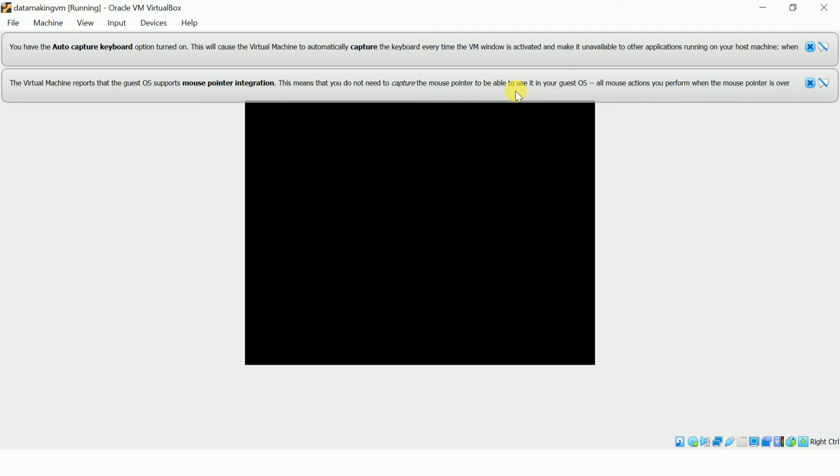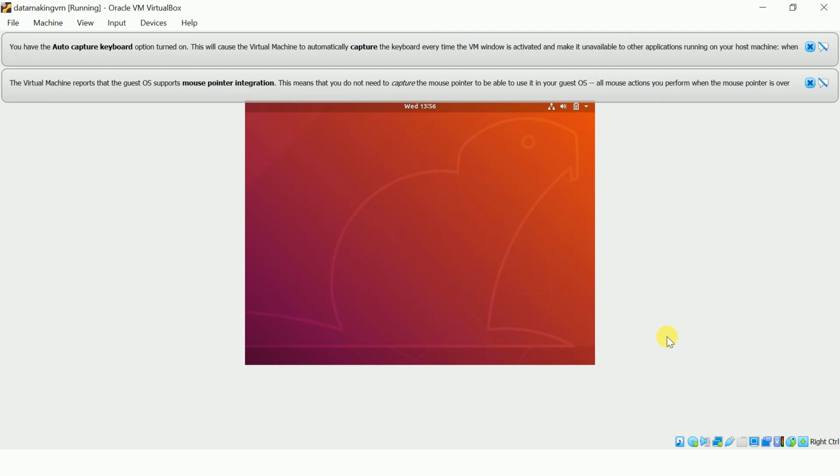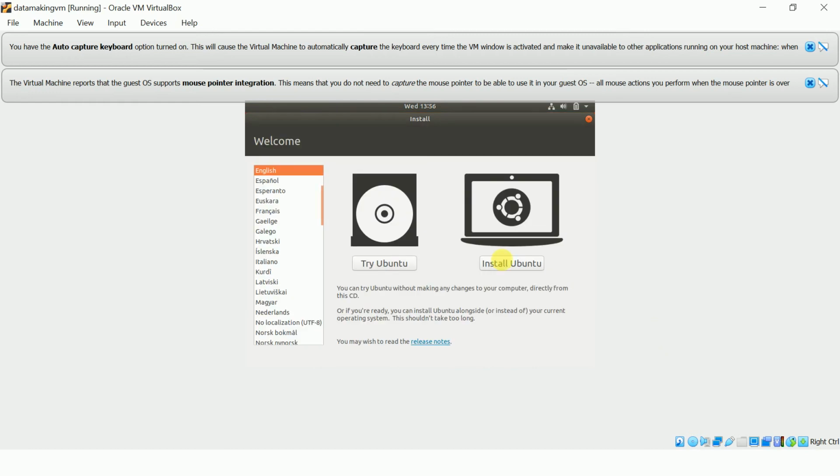I will wait for that option to come. It is still loading. Yeah, now the option is coming. It's asking whether you want to try Ubuntu or install Ubuntu.